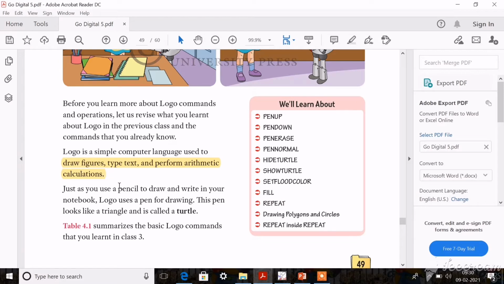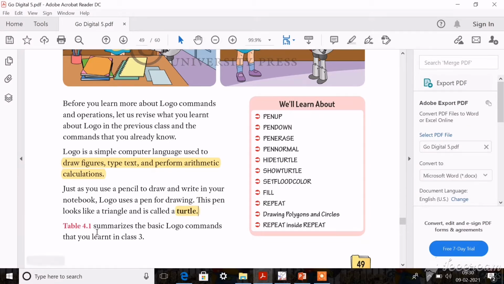Usually in a notebook, how will you draw? You will draw using a pencil or pen, and use an eraser for erasing, isn't it? Similarly in this software, for drawing, there is a pen-like structure that looks like a triangle, that is called a turtle. You know this already, isn't it?